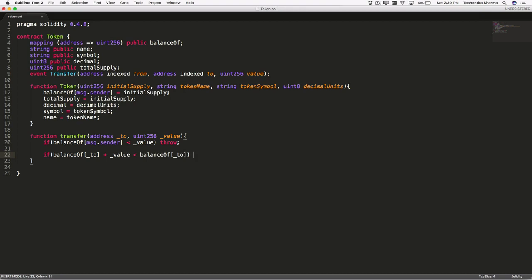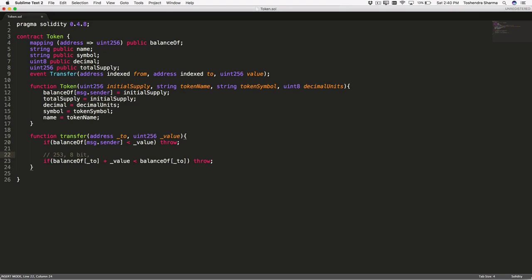Let me show you how this overflow looks. The logic is simple. Suppose somebody has 253 ether, and the amount of ether being stored is of 8-bit size. Here it is not 8-bit, so I'm just taking a small example. An 8-bit variable can hold a maximum integer value of 255.